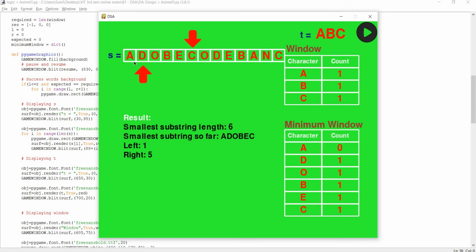Now see why it has slid, why it has moved from left to right, because it may contain unwanted letters in the left, so it comes to the right and checks. If it comes to the right, literally we are removing A. You can see that the count of A in our current substring is 0, because our current substring is DOBEC, which doesn't contain A itself. But our minimum window should contain at least 1, 1, 1 of A, B and C. Now we have 0, 1, 1. So this is not a valid substring for our answer, and that's why it's not highlighted in blue. Now let me start the program again.